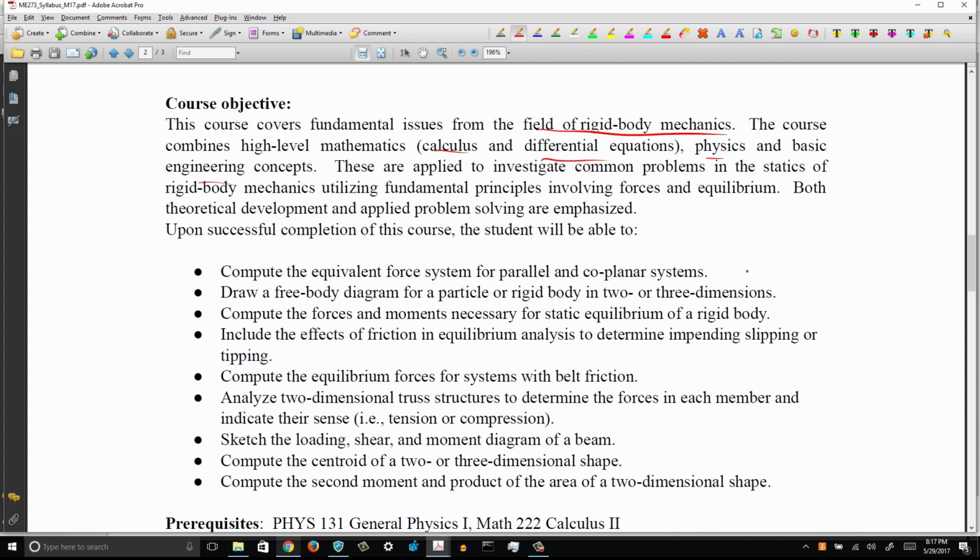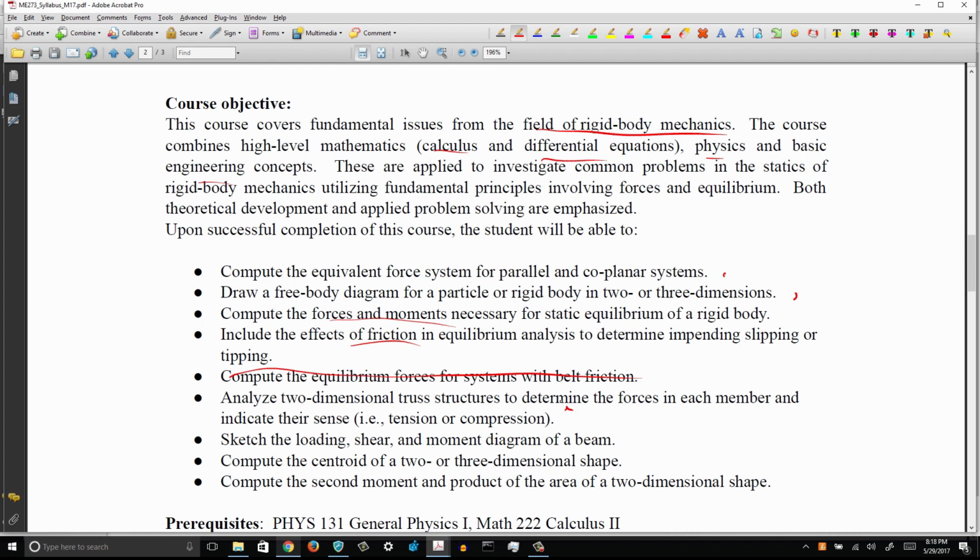By the end of the course, you should be able to do these things: compute equivalent force systems for parallel and coplanar systems, draw a free body diagram for a particle or a rigid body in both 3 and 2 dimensions, compute forces and moments necessary for static equilibrium of a rigid body, include the effects of friction in equilibrium analysis to determine impending slip or tipping, compute the equilibrium forces for systems that have belts in them,